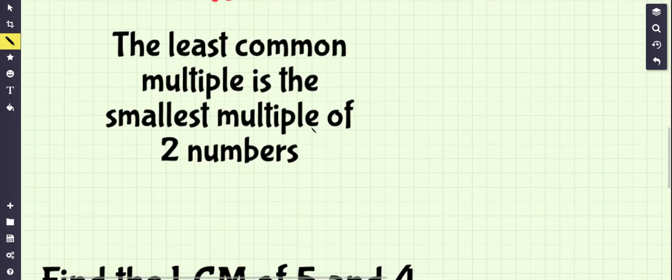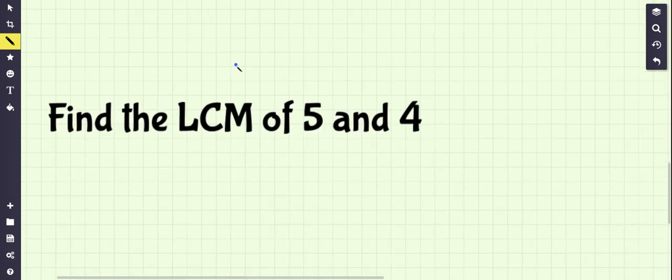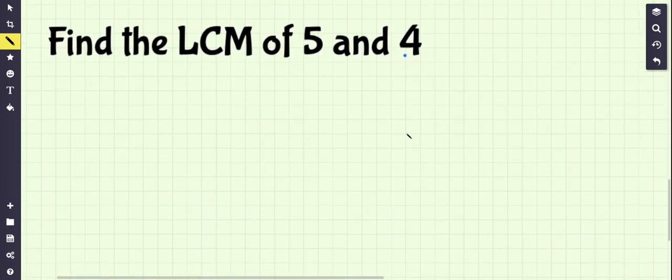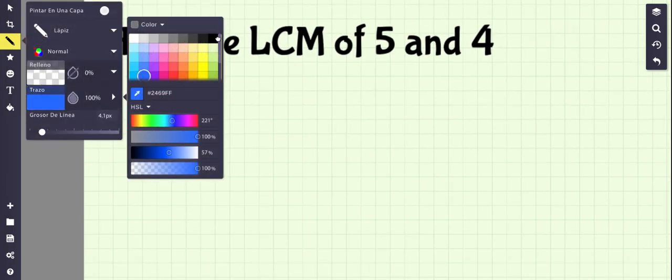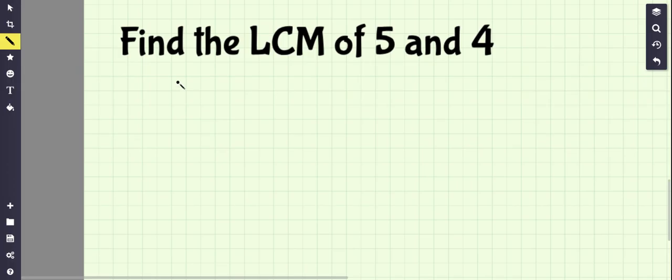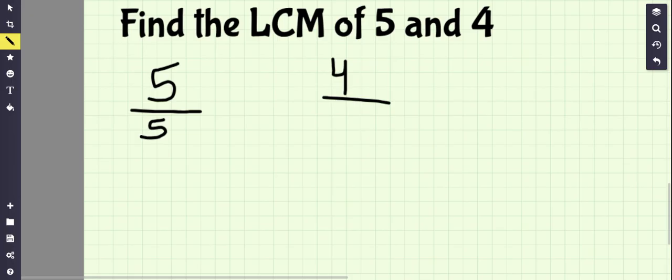Let's explain it with another example. Again, the least common multiple is the smallest multiple between two numbers. This one is the LCM of 5 and 4. To find the LCM, first we list the numbers, which are 5 and 4. Now we're going to skip count by each number. Starting with 5, we're going to start with 5,